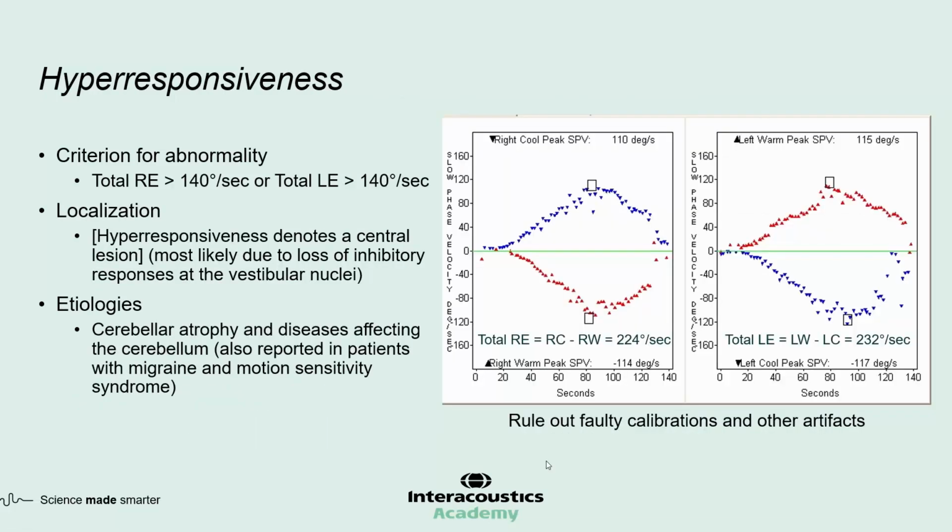Hyperactivity or hyperresponsiveness is a rare finding in the caloric test. The criteria, as I mentioned before, is not very clear. What I use is that the total response from either the right or left ear has to exceed 140 degrees per second. So in this particular example that you see here, the responses from both ears are extremely high,